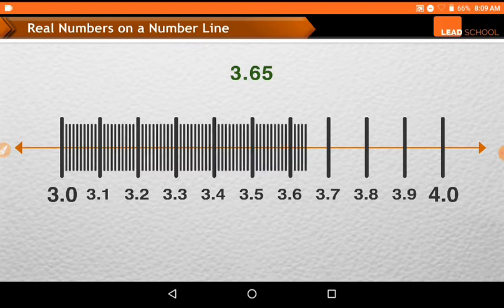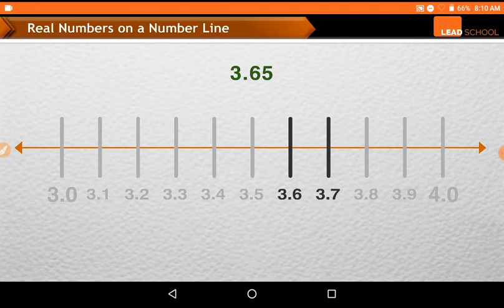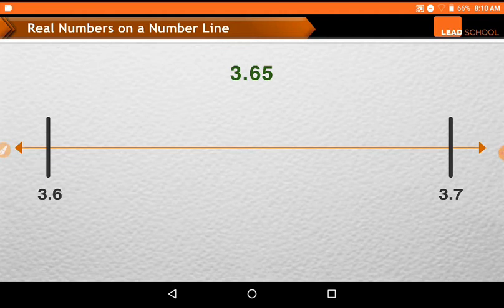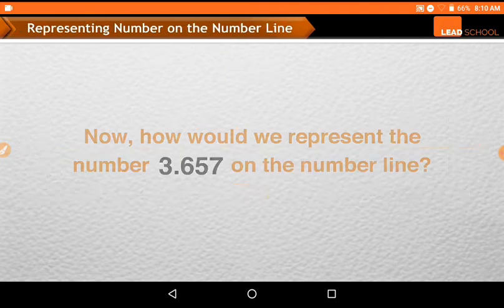This seems lengthy. Is there a better way of doing this? Yes, we know that 3.65 lies between 3.6 and 3.7. So, on dividing the portion between 3.6 and 3.7 into 10 parts, we can easily locate 3.65. For that, we just need to count up to 5 places from 3.6 and we will get 3.65. Now, how do we represent the number